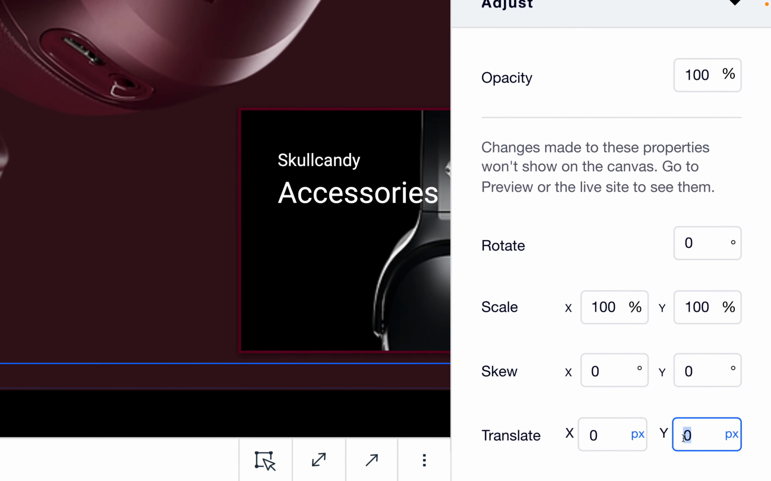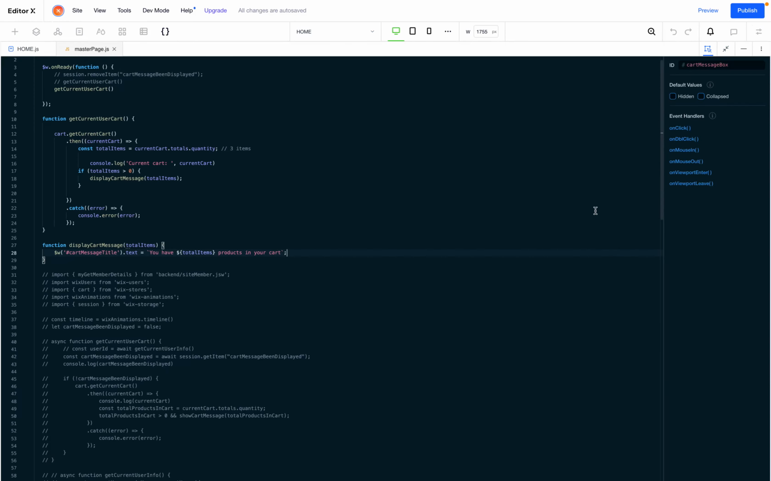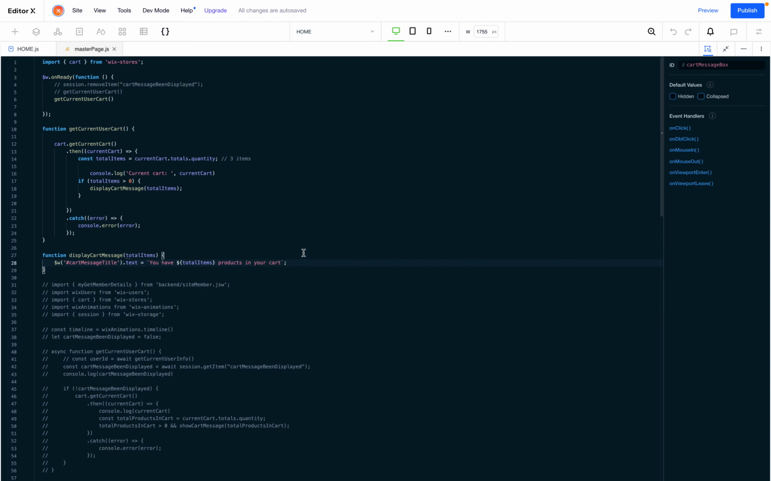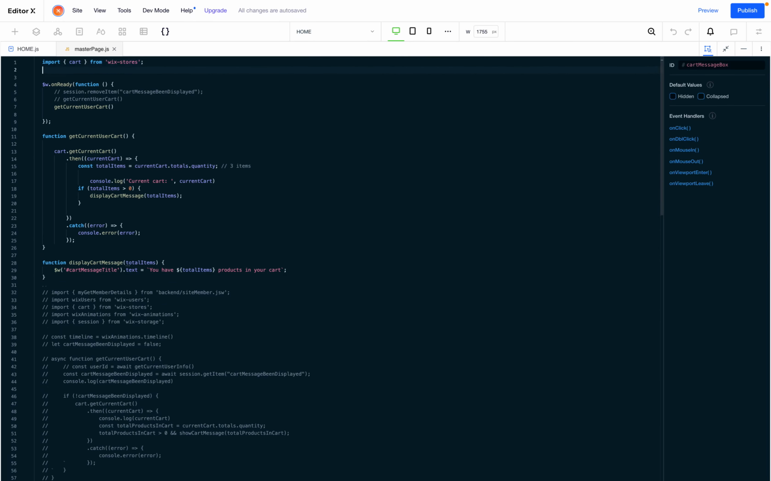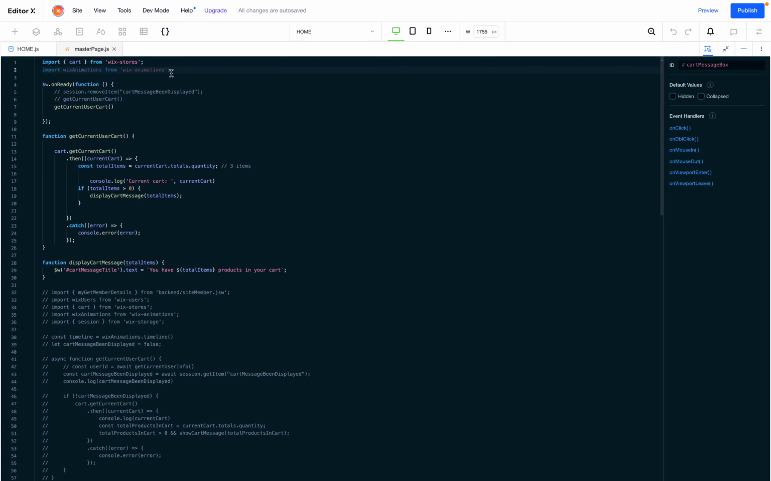I will give here a number, at least 57 pixels. Okay, but just to be sure, I will create it 100. All right, so it will go minus 100 pixels to the top, from top to up. All right, so to animate this element, this message box, I will import the Wix animation API that allows me to animate elements,